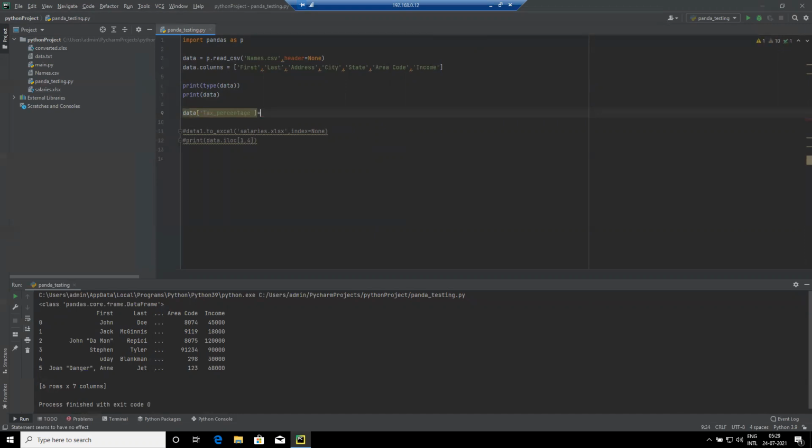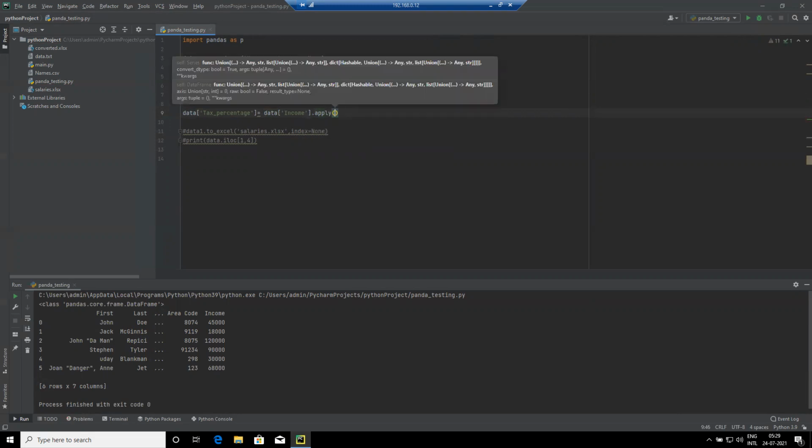So equal to, so I'm calculating the tax percentage for this list. So in this data, fetch the income column, and for every income value, apply this lambda.